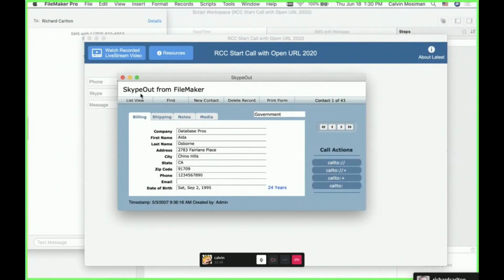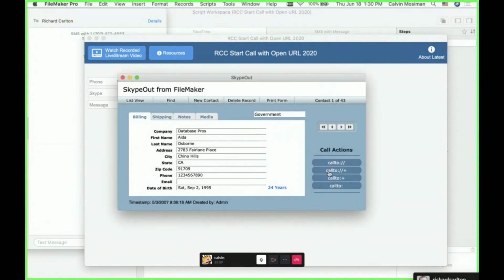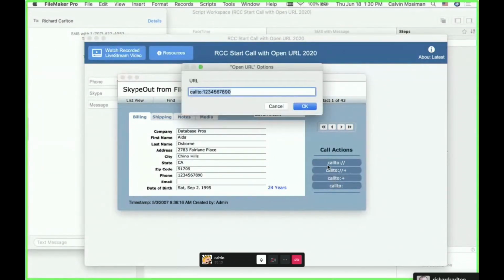I called it Skype out. So it was supposed to integrate with Skype, but you'll see when this was built, 2007. That's when the test data is from. So this was May 2007. I think the iPhone was released July 2007, or the next month or 2 months later. And so it had all of these URLs, and they all worked on Mac back in the day. This call to would open up Skype, and now that call to isn't associated with anything, so it just doesn't